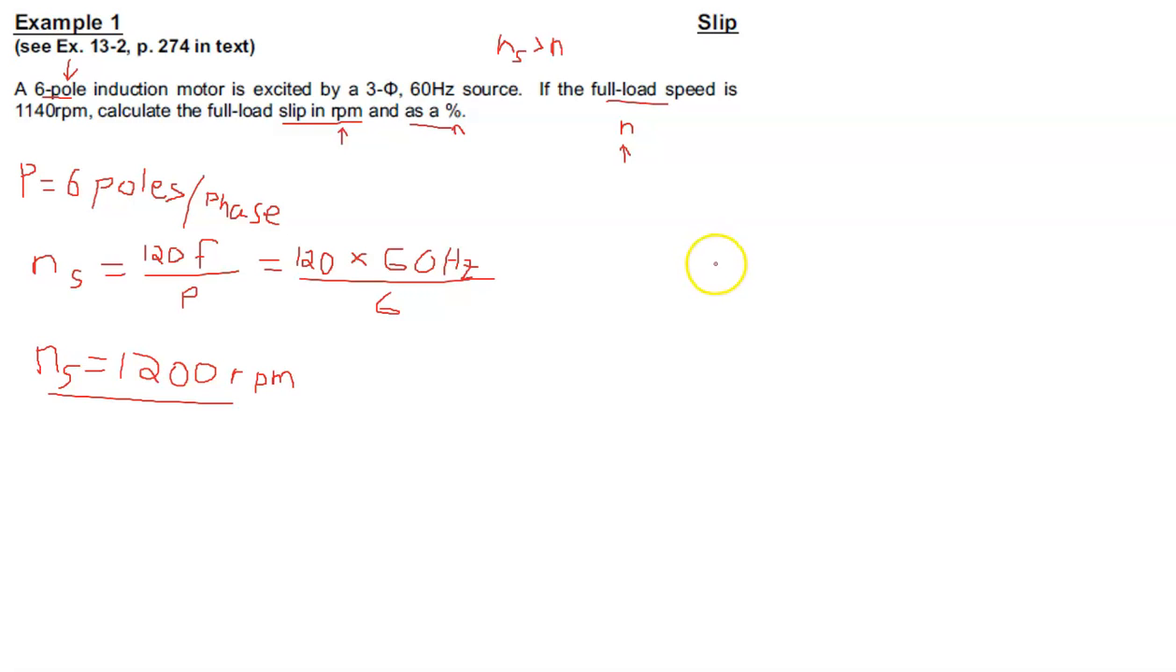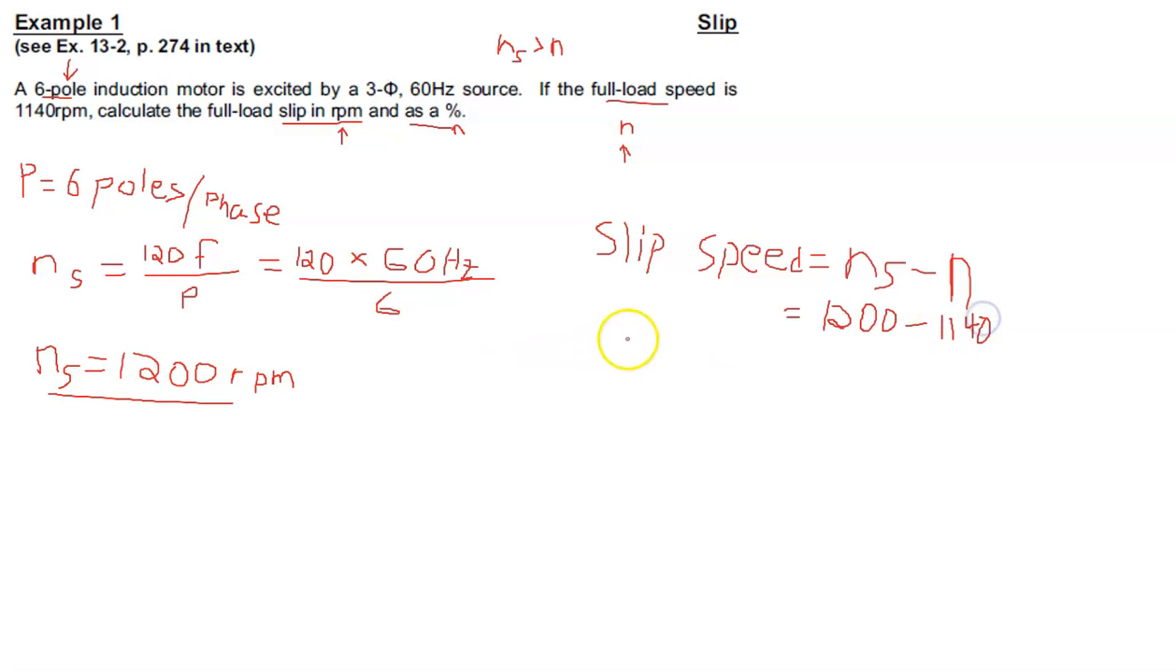Okay, so we're asked now to do 2 things with those numbers, and the first one is to figure out the slip speed. And the slip speed is, again, the relative speed or the difference between the 2 of them. And so simply NS minus N, and if we do it that way, of course, we'll have a unit of RPMs. And so we have 1200 subtract 1140. And so that gives us a slip speed